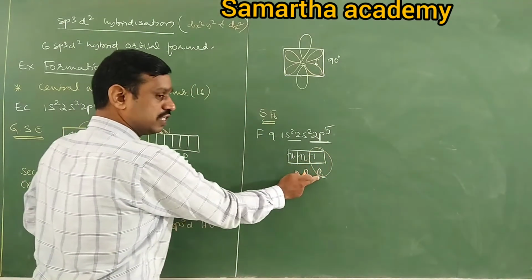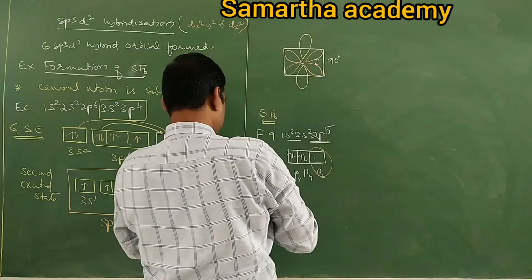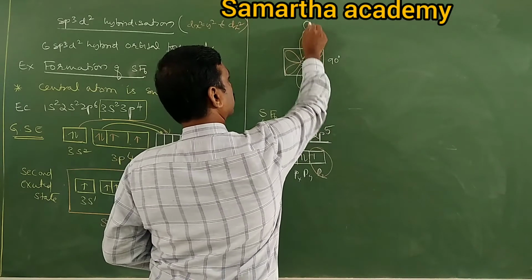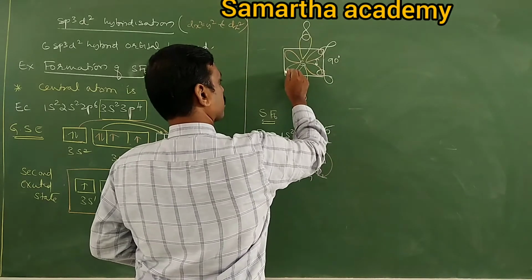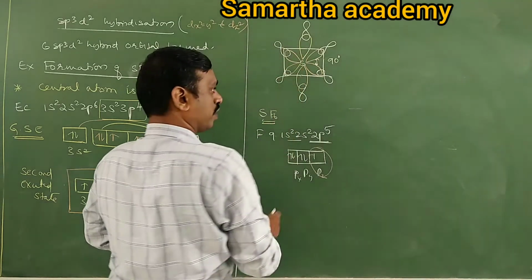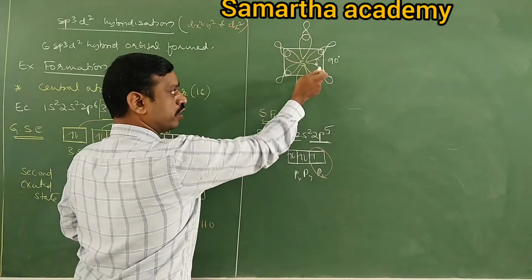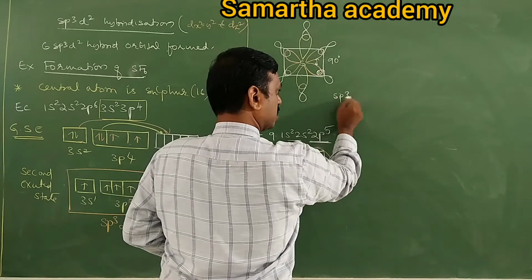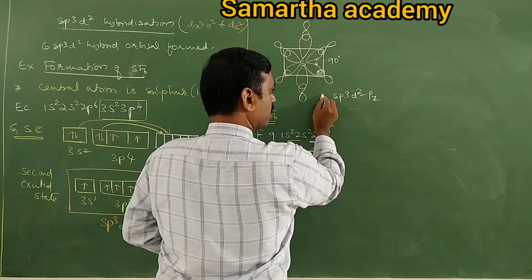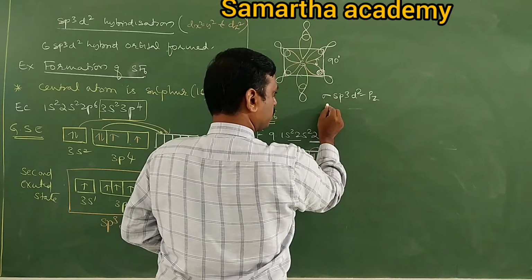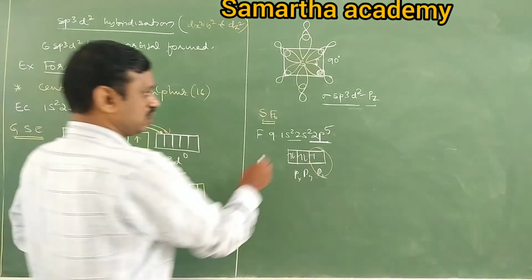Then one fluorine has one pz. How many fluorine are there? 6 fluorine. 6 fluorine have 6 pz orbitals. They overlap like this. Okay. Tell me what is the overlapping between sp3d2 and this pz? It is sp3d2 pz overlapping. It forms a sigma bond, no? How many? There are 6 sp3d2-pz sigma bonds. Total is 6.